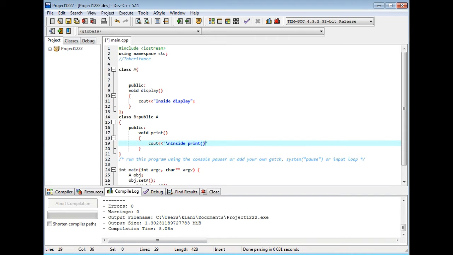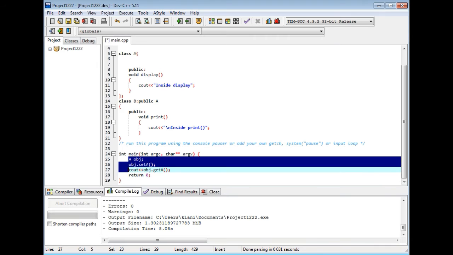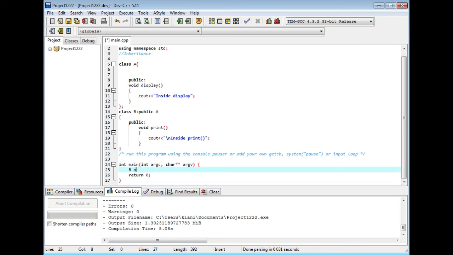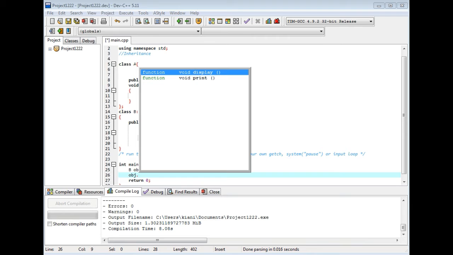Okay, so we should remove this. We make object of B, B obj, and obj dot display.